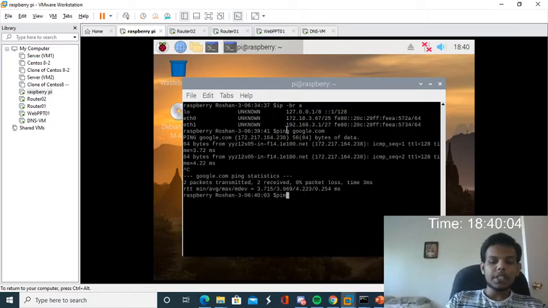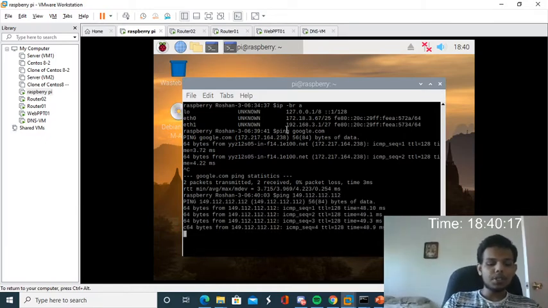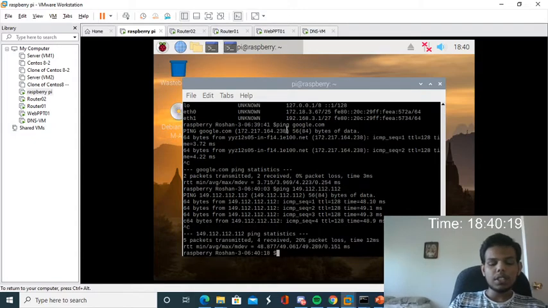If I try to ping the DNS IP address 149.112.112.112, it works.